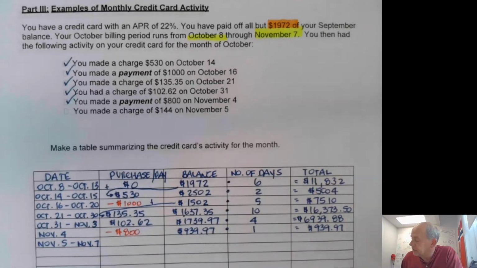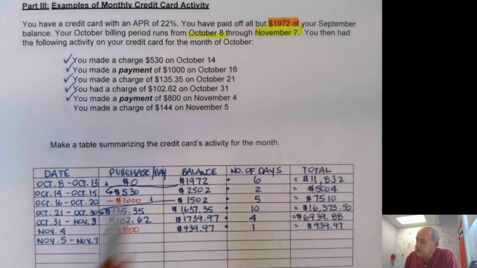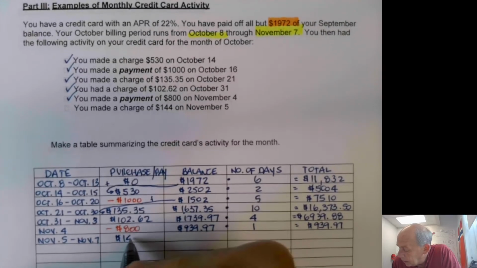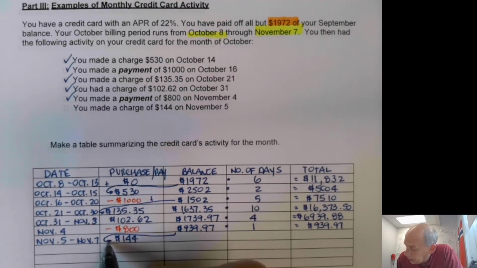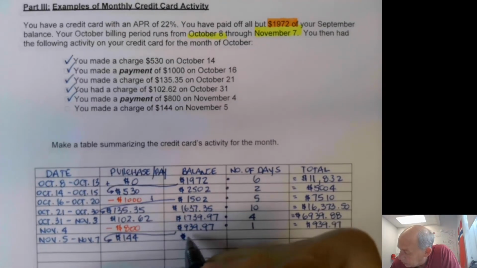to November 7th. And you're probably saying, well, where did November 7th come from? That ends my billing period. That ends my activity. That's the only thing I have left to do. I made a purchase of $144. I'm going to add that to the previous interval's balance and come up with